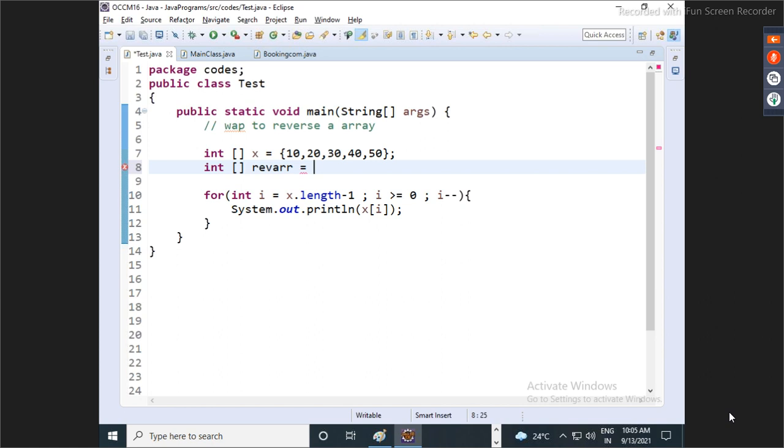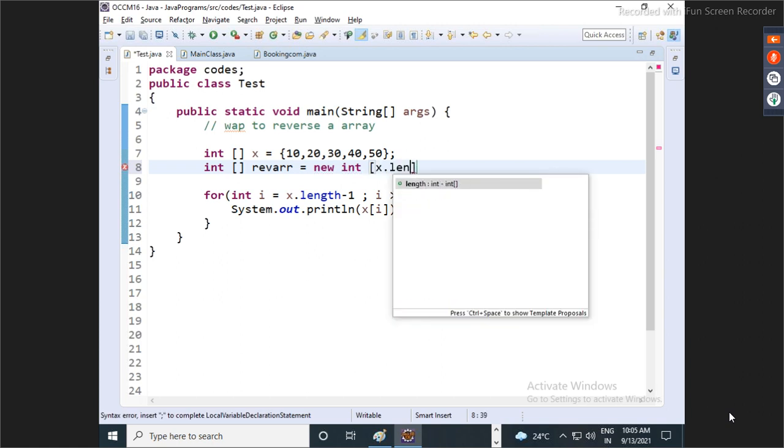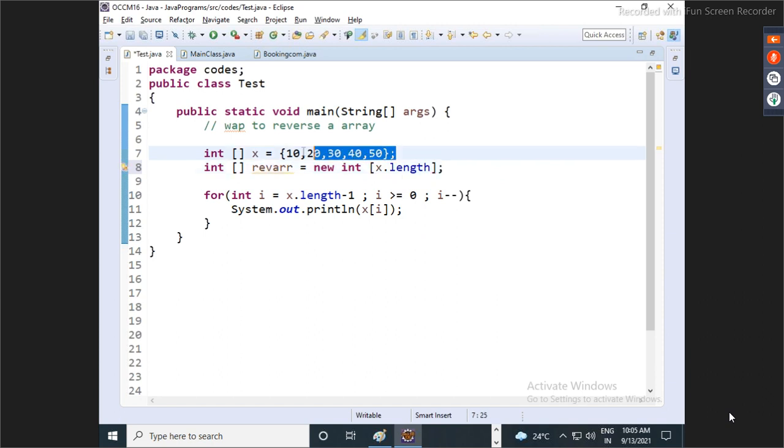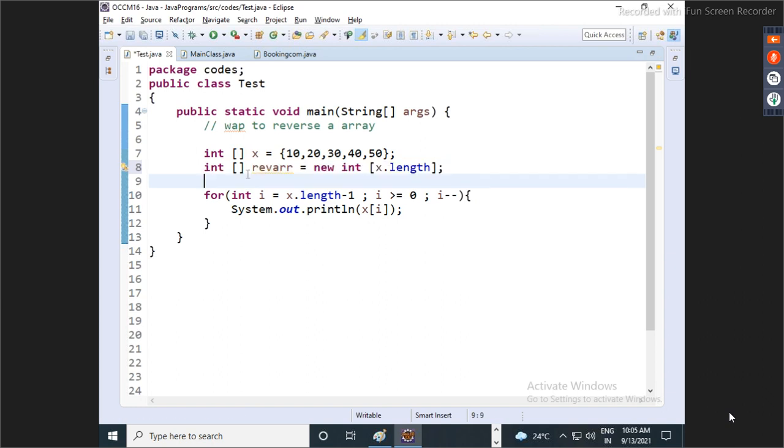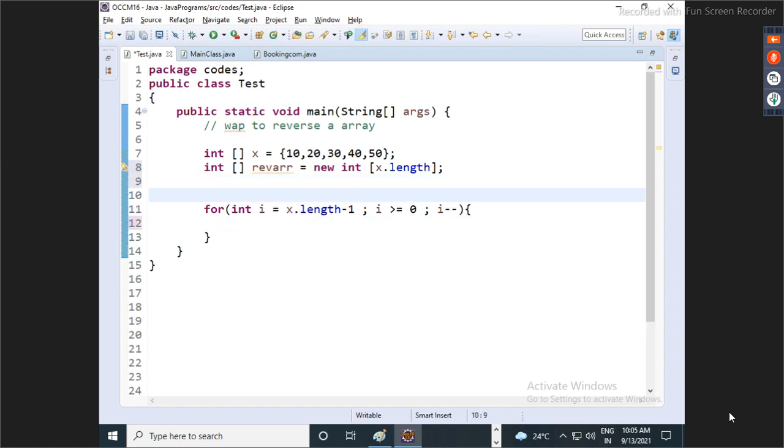Same. So new int[x.length]. Whatever the size the original array has, exactly the same the reverse array has. So now can I say the reverse array is empty? Nothing is there.